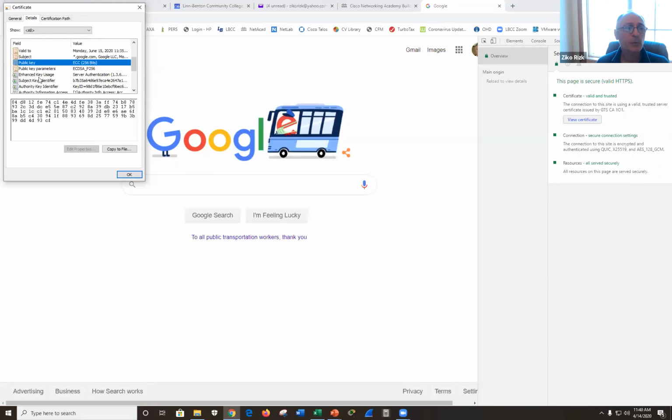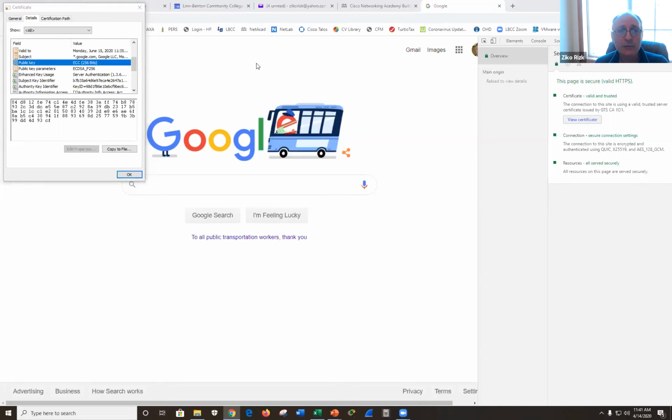And somebody came up with a newer algorithm, and it's ECC. And yes, it's 256, but this 256 is more secure than 2048. And I really wanted to bring this to your attention because we're beginning to see more and more of this ECC. Why? Because it's a shorter key that is more secure than a 2048.